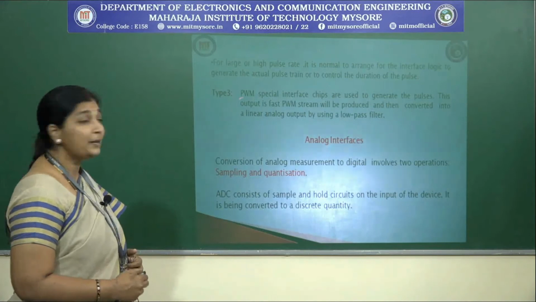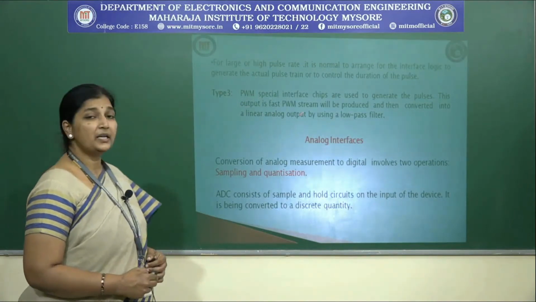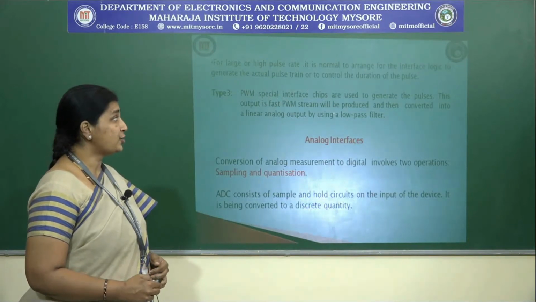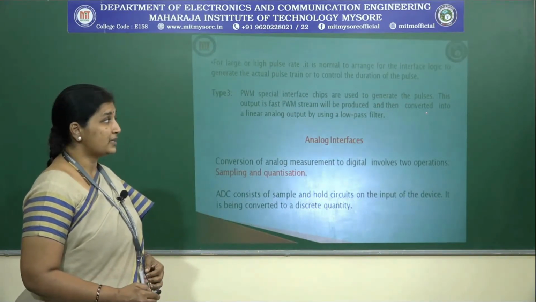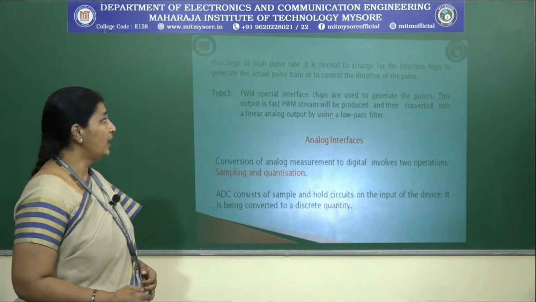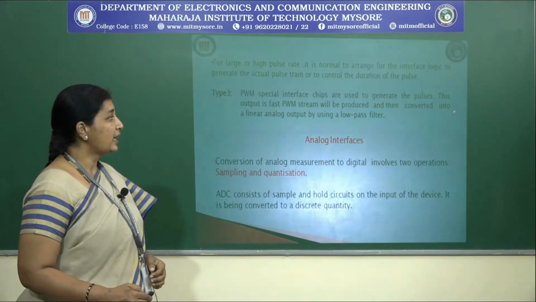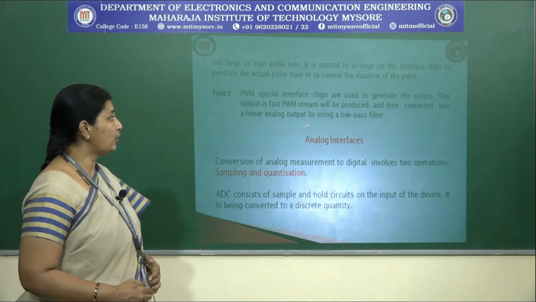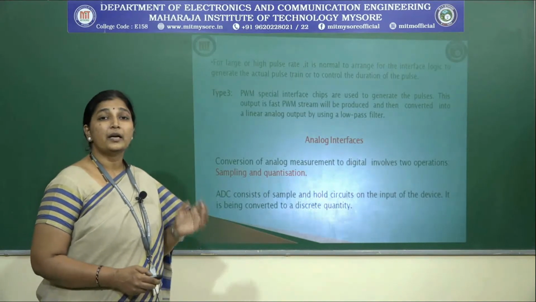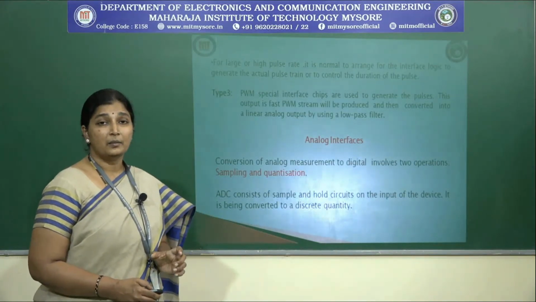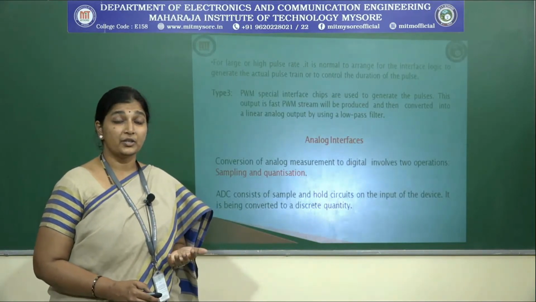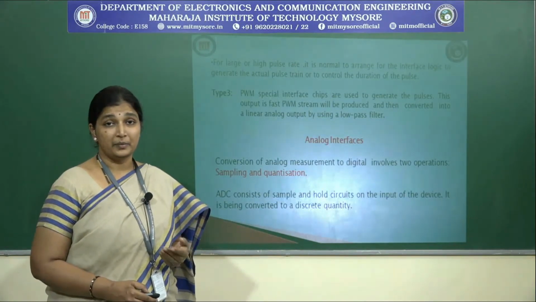And we have type 3. Type 3 is nothing but pulse width modulation, which is a special interface chip used to generate the pulses. The output is a fast pulse width modulation stream, which will be produced and then converted into a linear analog output by using a low pass filter. So here again you have a variable pulse width modulation. We have already dealt with what pulse width modulation means and how it is applicable in the previous module,